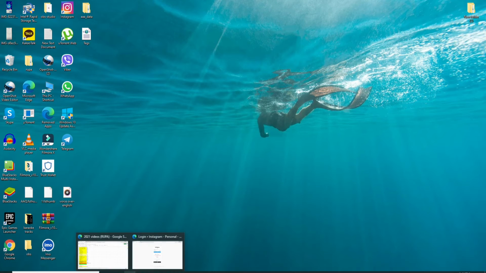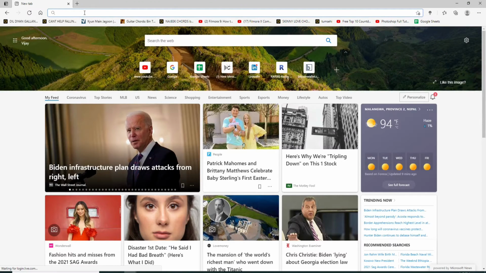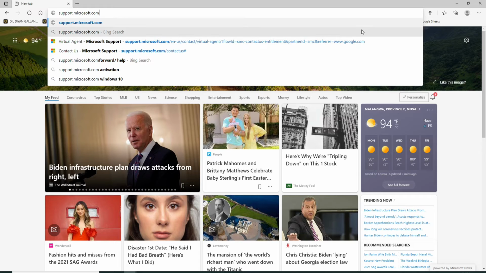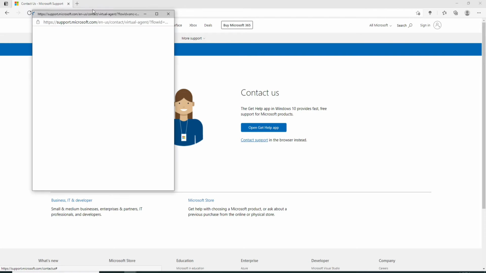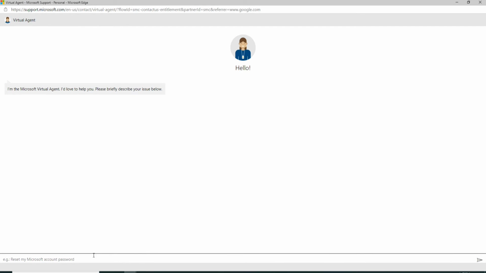Click open a web browser. As soon as you do that, type in support.microsoft.com and press the enter. As soon as you reach the page, click on Open Get Help app, or you can contact support in the browser as well. Click on Contact Support link and a next tab will open where you'll be able to